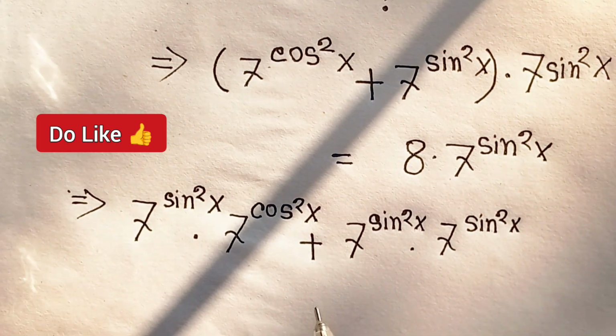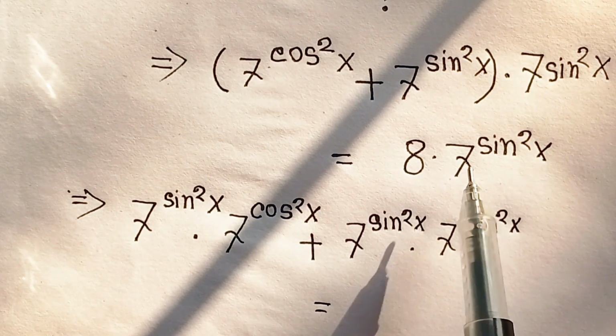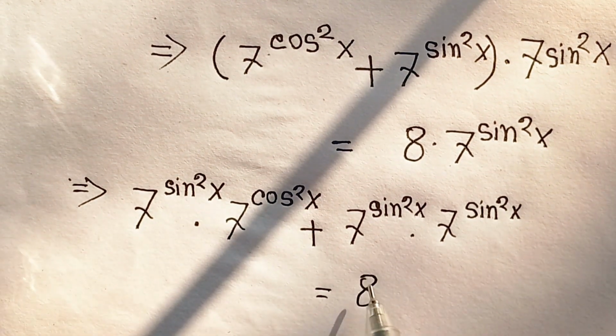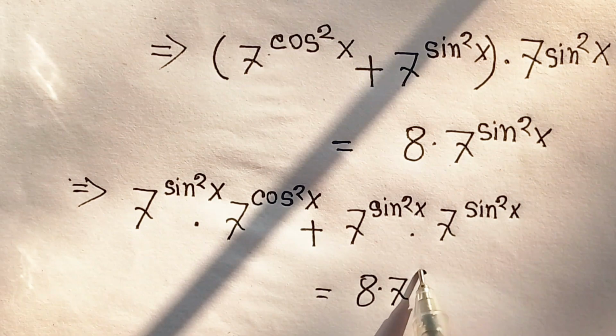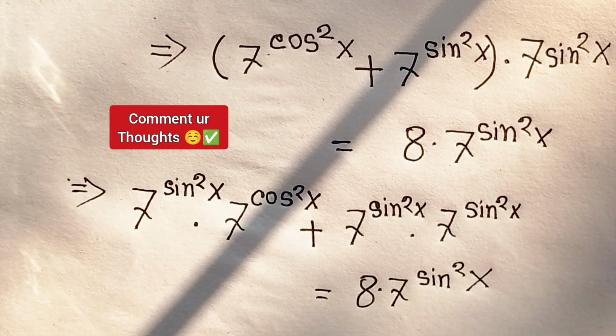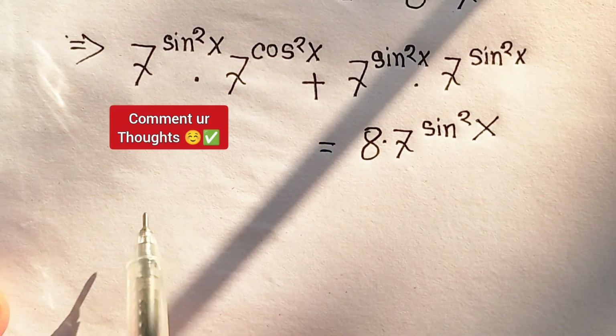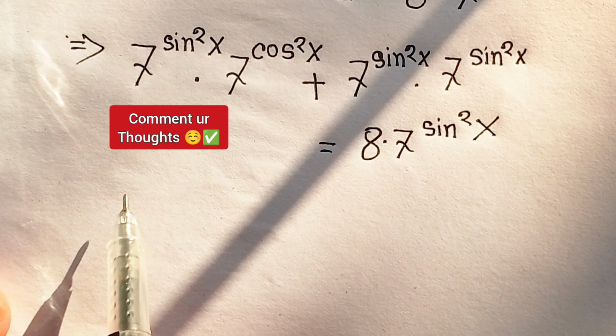Now this equation is equal to 8 times 7^(sin²x). So after writing this equation here, we can easily write